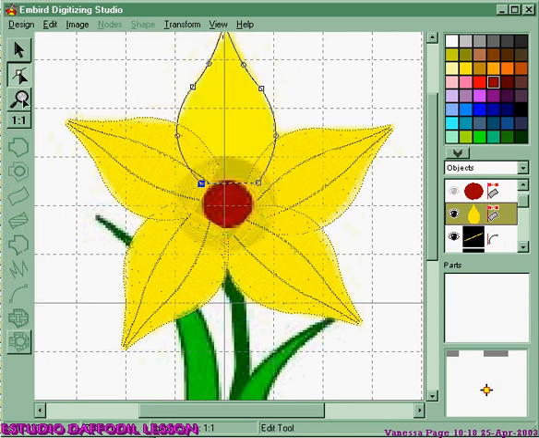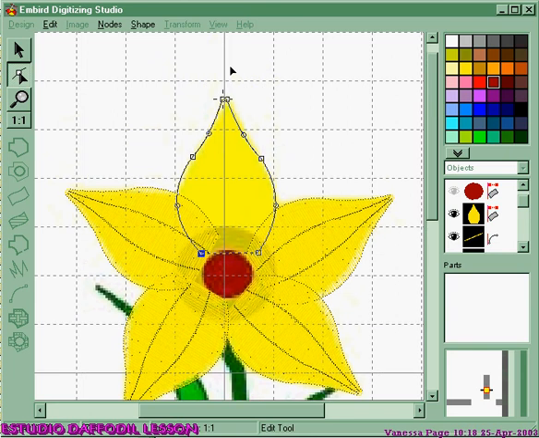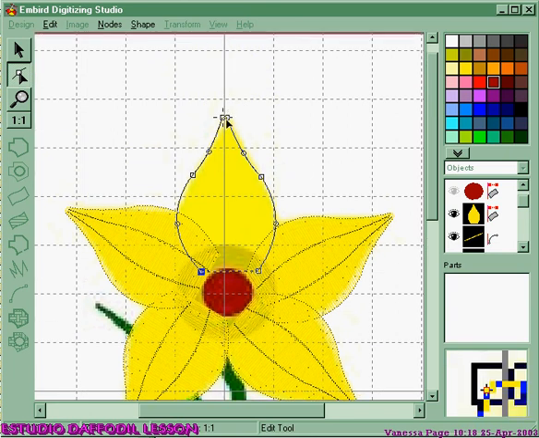Put the nodes on. I started again at the tip of the petal. I put an edit point there, pulled it in. Put another one there, pulled it out, to follow the shape underneath. Just hit the space bar,